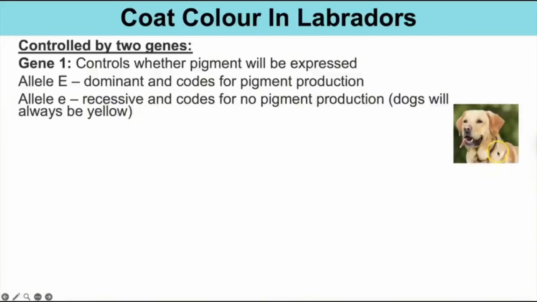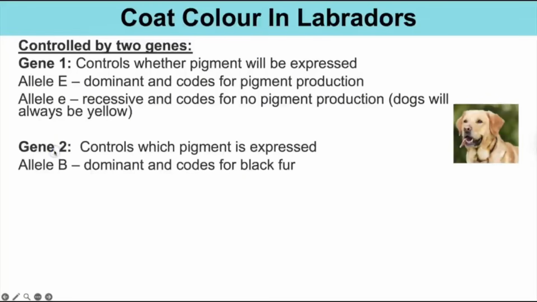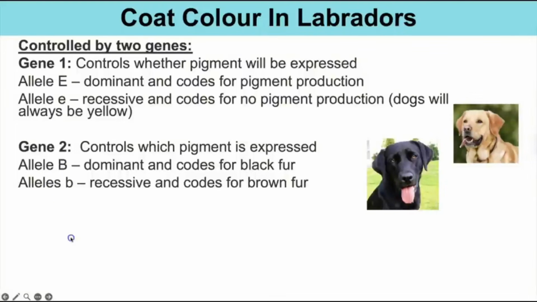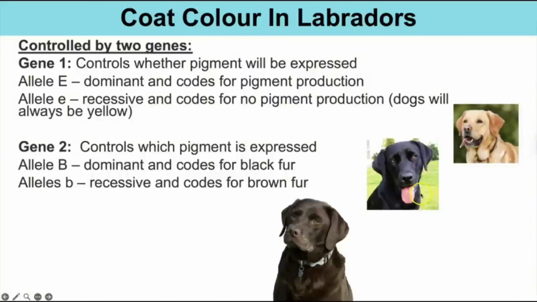So that is no pigment has been produced in the fur. Gene 2 controls which colour pigment is expressed if they are able to make pigment. Capital B is black fur, lowercase b is brown fur. So that's how we get these three different colour furs, or hairs if it's dogs,